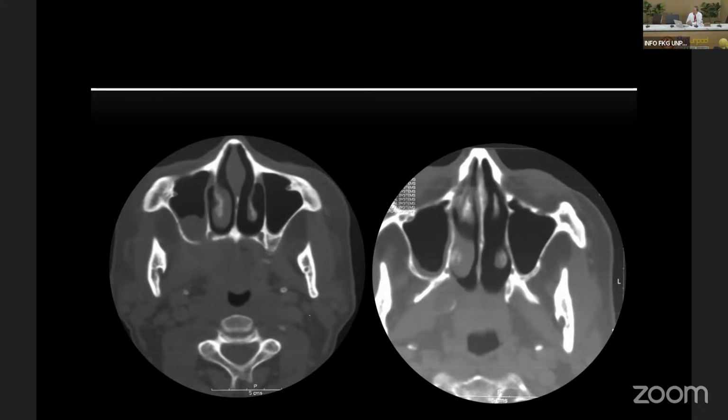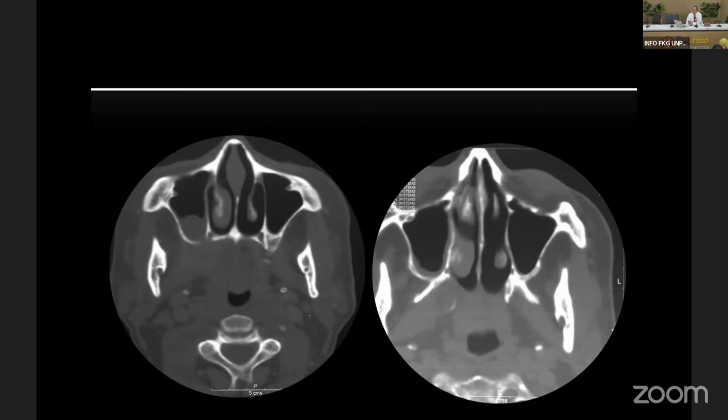But mucosal thickening, like my radiology residents say, we see all the time. If you do implants, a lot of patients have mucosal thickening. But this patient is different.